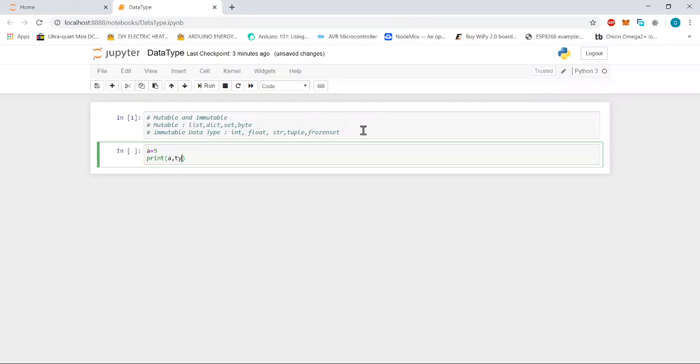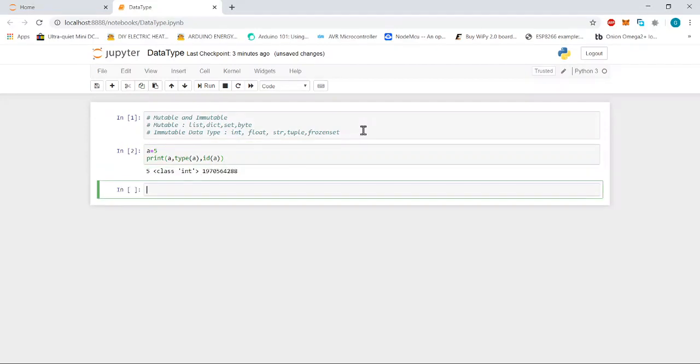For that there is the function type, and in brackets we will write a. Then id will allow us to see the unique identifier of a variable. If we run this code, we get the value of a is 5, this a belongs to the class integer, and this is the id of it.